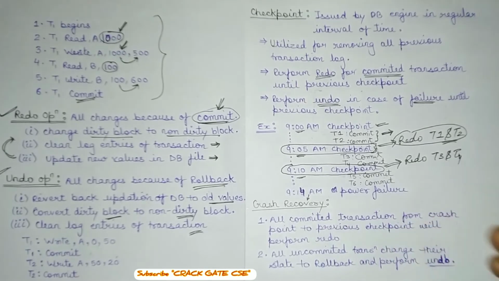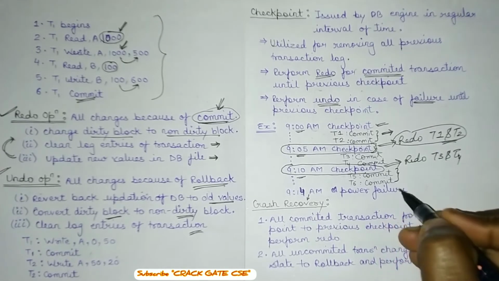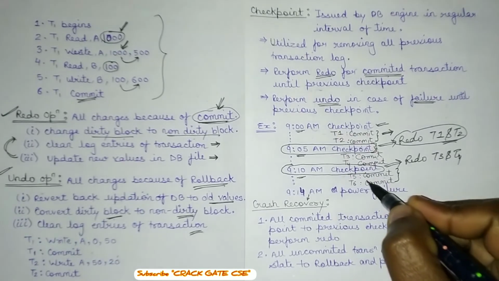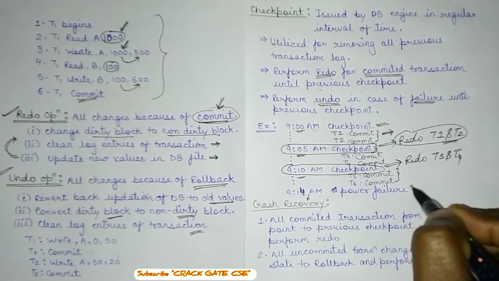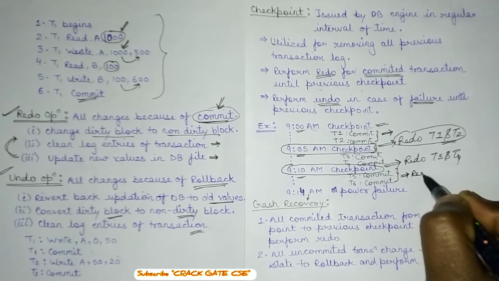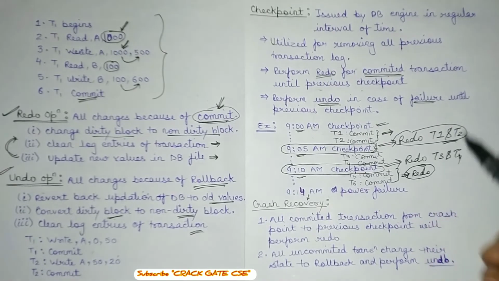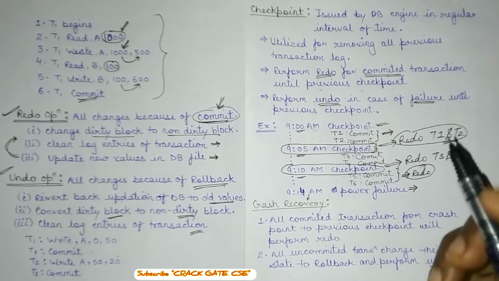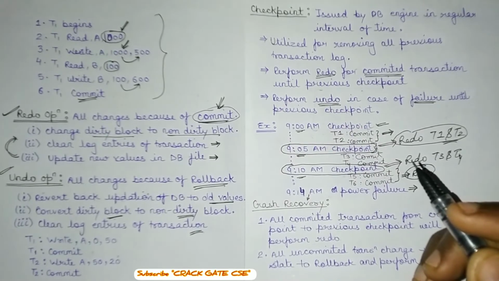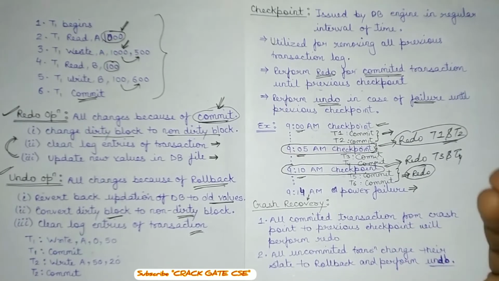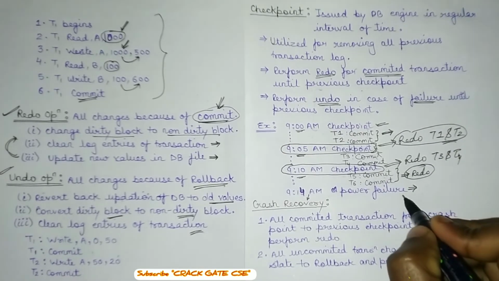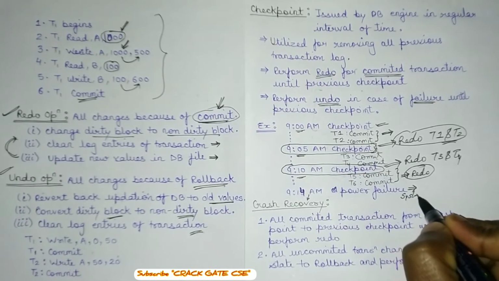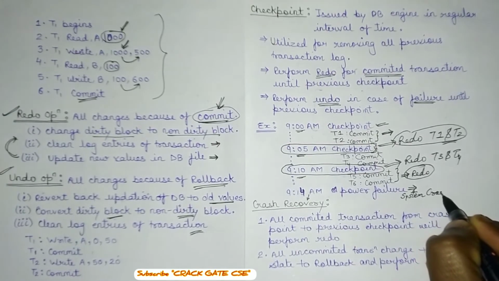After this redo of T3 and T4, we have T5 and T6. Because T5 and T6 have been committed, we have to perform the redo operation, but there is one issue: there is no checkpoint. Before that checkpoint, a system failure or a power failure has happened. This can be a system crash or any other issue. If there is any such issue, we have to perform the crash recovery. So I am considering that here the situation is a system crash.